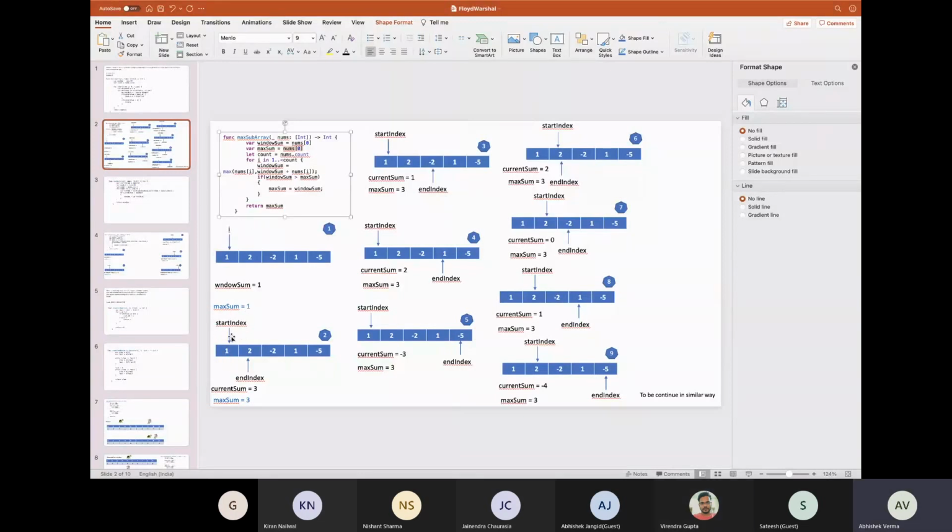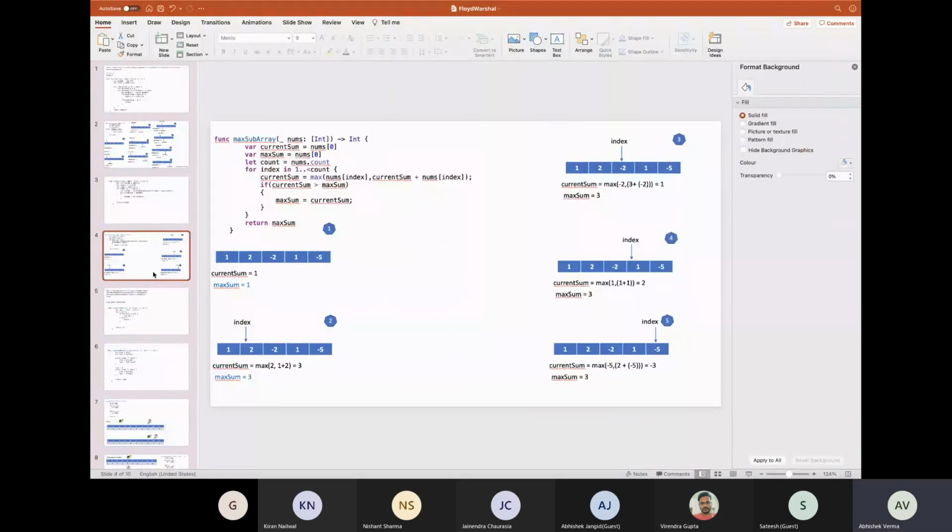Now, because I had written two for loops, one will be... Oh, I messed this up.